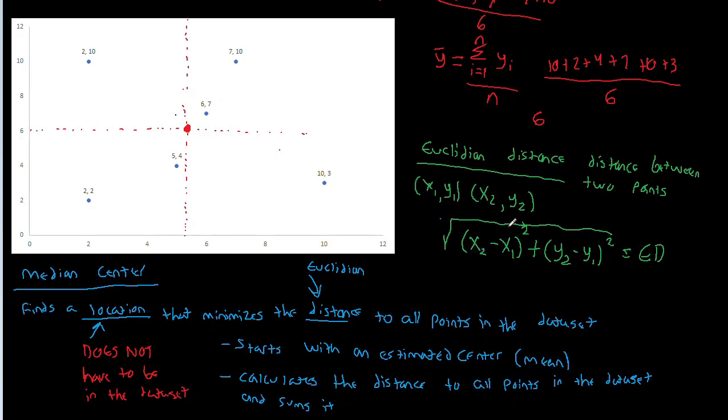So this equation here, right, this Euclidean distance is going to be what they're trying to minimize. So we're going to try to find a location that minimizes this equation for all points in the data set. That's the goal of the median center. And again, because it's an algorithm, I can't really show you the equation for it. But what I can say is if you plug in the sample points that we have here into the software that actually does the calculations, what you get out is a median of